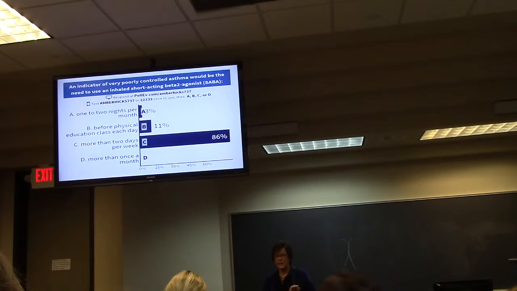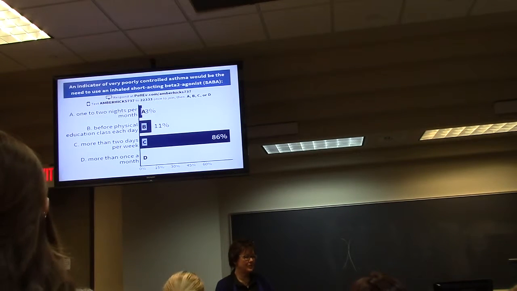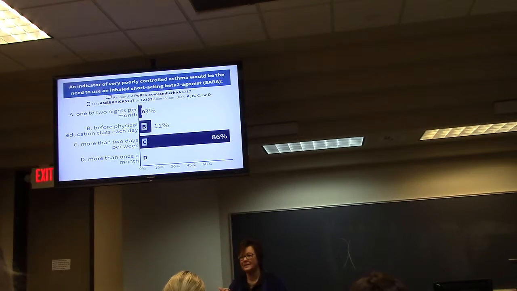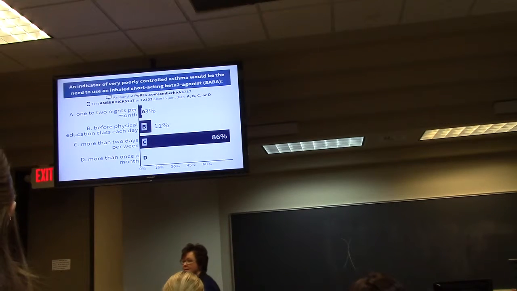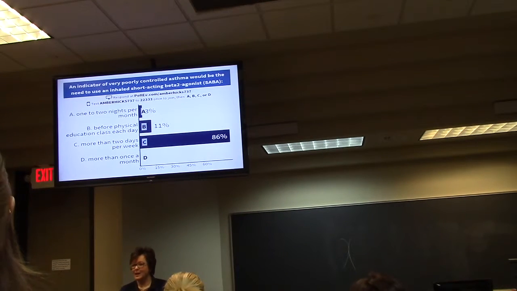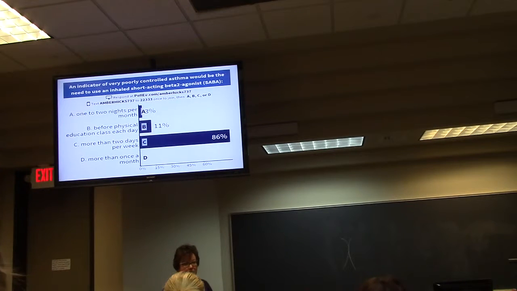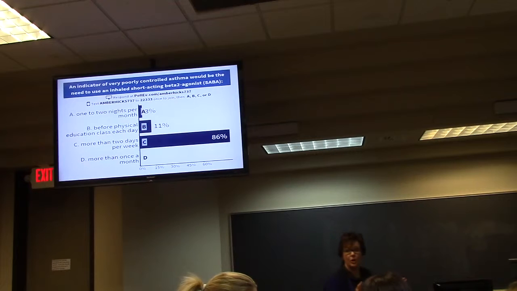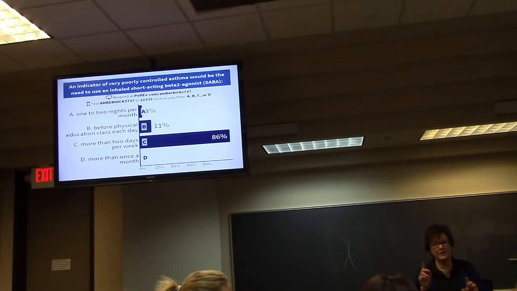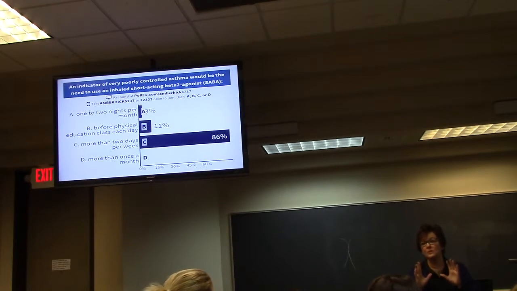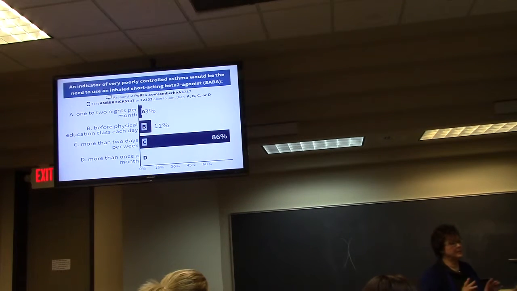The inhaled beta-2 agonists are your sentinel drugs. So what's a sentinel? If you're going to post a sentinel, what are you doing? You're watching for a big event. A sentinel is a watch, someone who watches, a guard. So it's a sentinel drug in that it will always tell you. It's probably one of your best indicators that something is not right in the airway, always.